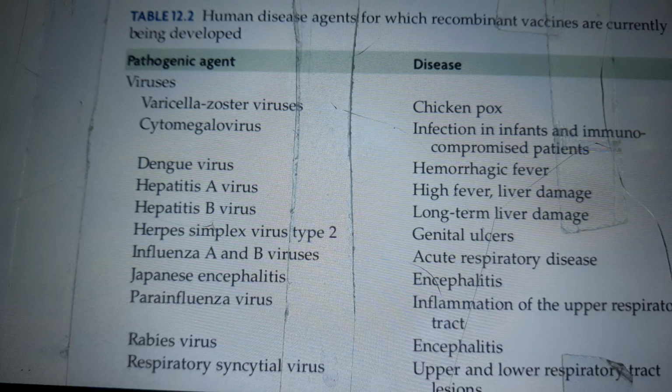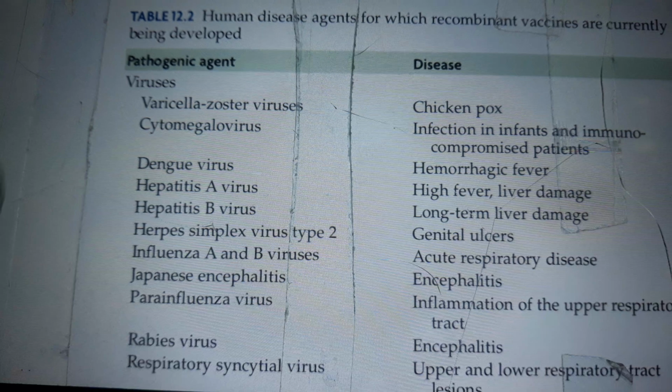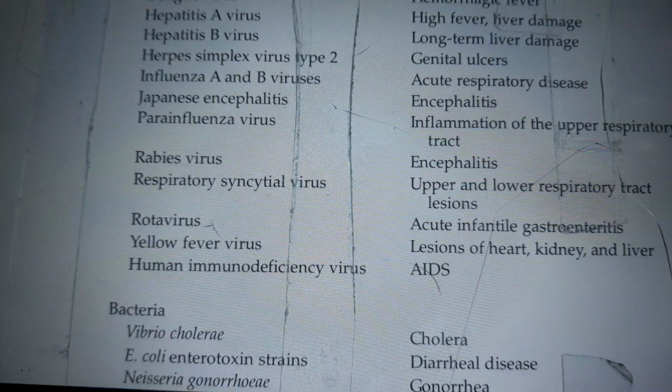So it goes on from the viruses: varicella zoster virus, chickenpox; cytomegalovirus, infection in infants and immunocompromised patients; dengue virus, hemorrhagic fever; hepatitis A virus, high fever, liver damage; hepatitis B virus, long-term liver damage; herpes simplex virus type 2, genital ulcers; influenza A and B viruses, acute respiratory diseases; Japanese encephalitis; parainfluenza virus, inflammation of the upper